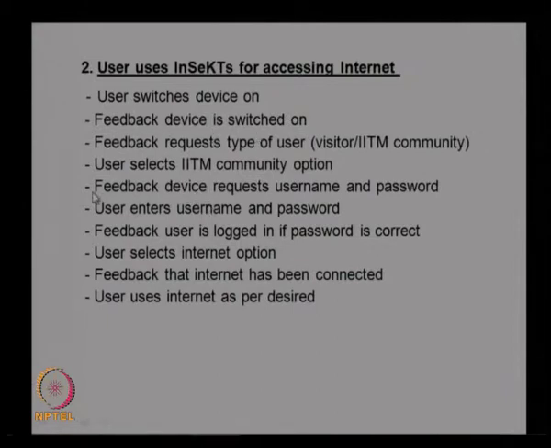In this case we know that there should be a feedback requesting the username and password. So for this particular service you need to give an output from the system requesting the username and password. If that is correct, then only the person can access it. Similarly, these activities give other requirements, like what feedback is needed. Similarly, how do we enter the data, and how do we identify the person, whether by a password or some other kind of option to identify the user. These kinds of requirements can be easily identified using scenario tracing.